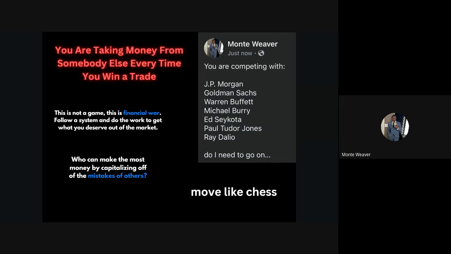They don't care about what we're doing. Their goal is to make money for their shareholders and their company and their family, right? If they're managing something, they're trying to make money for their shareholders or the people who are invested in their fund. So we have to move like chess, and we have to stop treating this like it's a game, and we actually have to add structure to this and actually play this like it's war, because that's what it is. Every time you place a trade, you are telling the person on the other end that I'm going to take money from you because I have more information. I have a better idea. I have more data. That is what you're saying every time you place a trade.